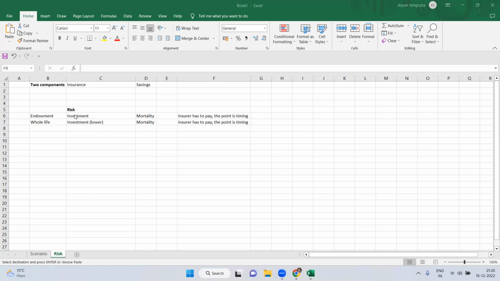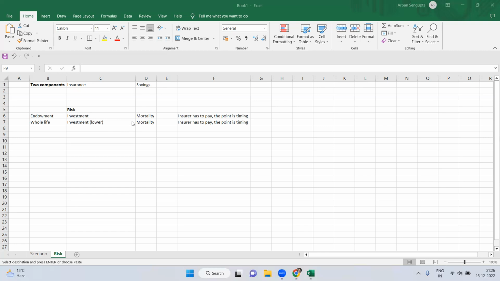But something like that does not exist for endowment, right? Endowment is usually for 5 years, 10 years, 15 years, 20 years. So I have not seen endowment more than 20 years, but there might be one. I don't know everything about endowment, so there might be some product like that. Personally, I've seen it for 20 years max, right? I have not seen endowment more than that. Usually it is for 5, 10, 15 years.